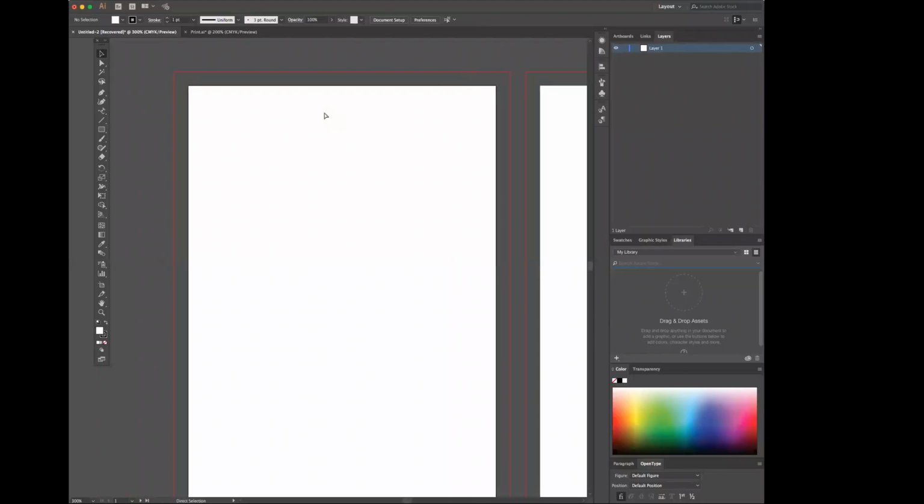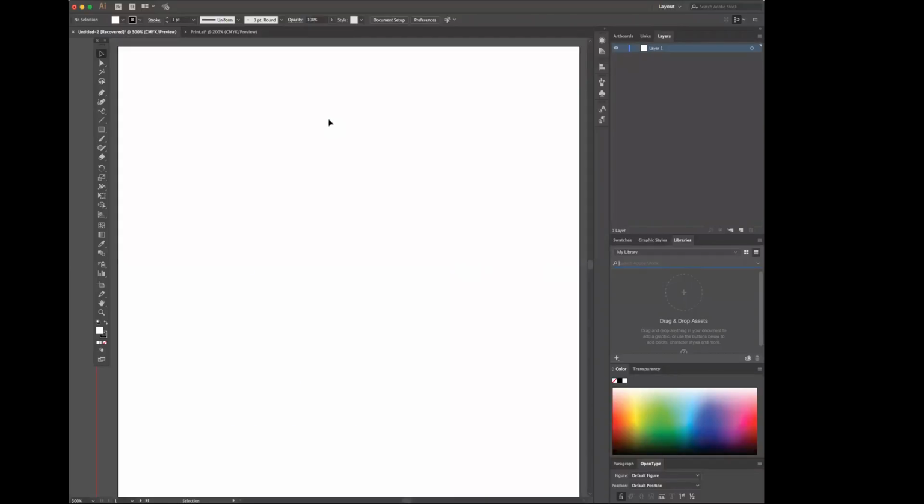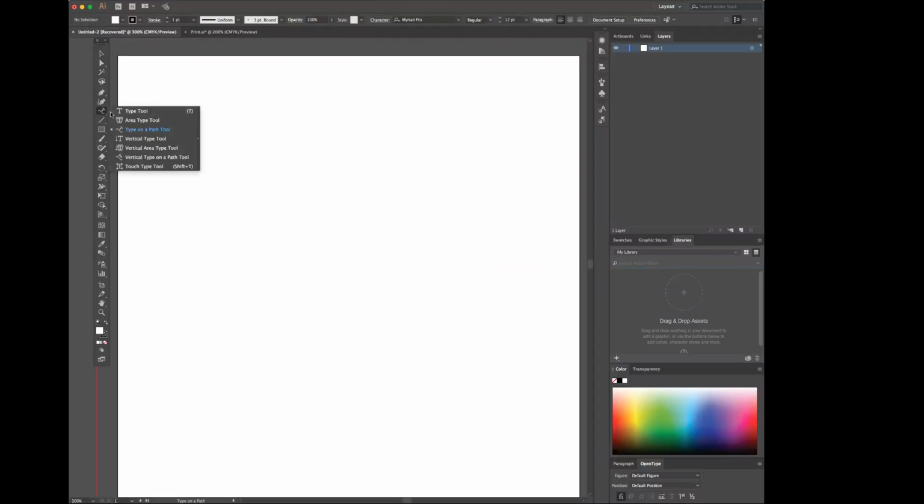So any document we'll do right now, it's just a matter of learning how to apply this. So in your type tool, you'll see the T for type tool, or the keyboard shortcut is the letter T. If you click on it, and you'll notice if you hold down on the type tool, you have all these hidden tools underneath. Now we won't get into what each one does today, but we will focus on the type on the path tool.